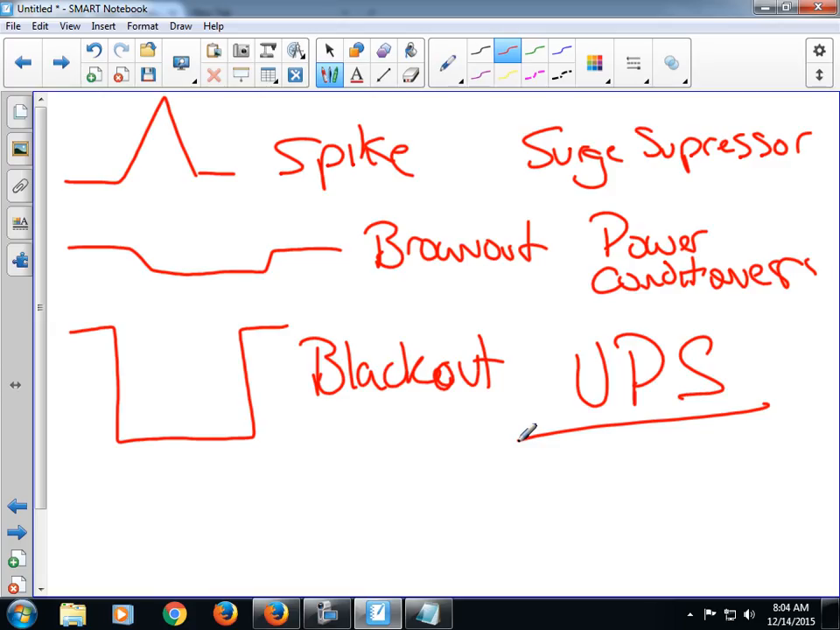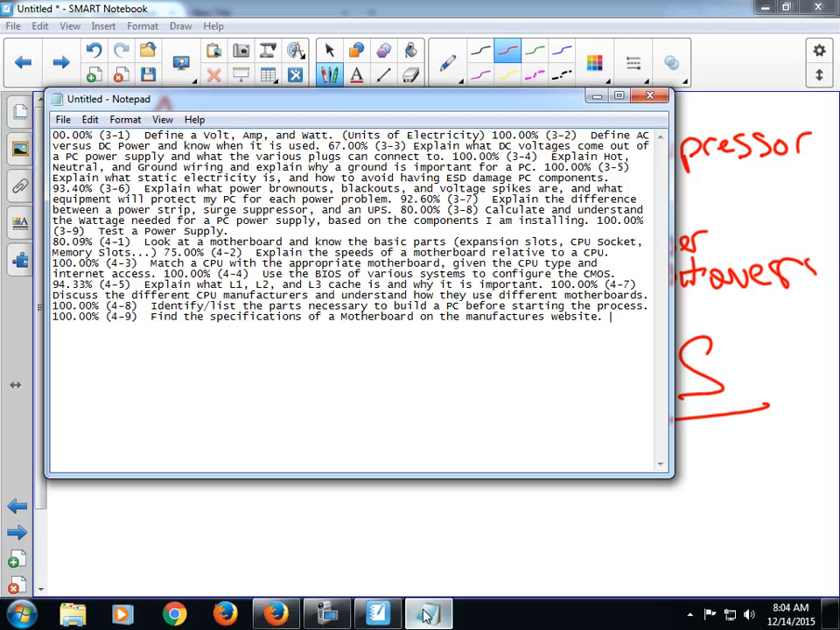So a UPS does this and this and this. A surge or power conditioner only does this and this, and a surge suppressor only does this. This is the cheapest one by far. If you don't have your expensive electronics plugged into a surge suppressor, you were wrong and you need to get that done right away so you don't lose your really nice,